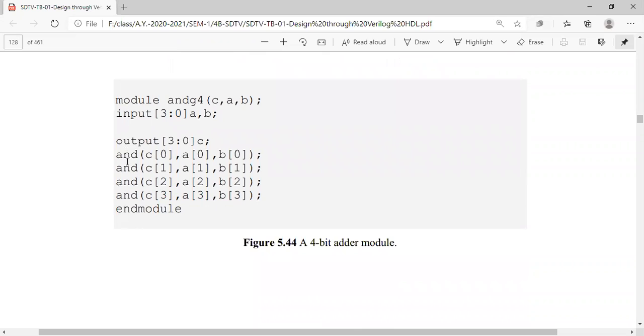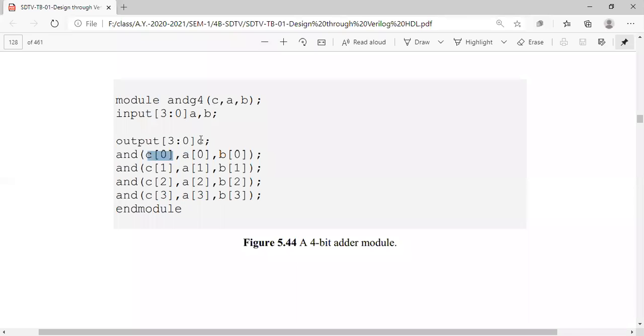So this is an AND. We can directly call B of 0 and A of 0 having some bits operated as AND, and it is going to produce output in C of 0. Directly we can have it as an output.